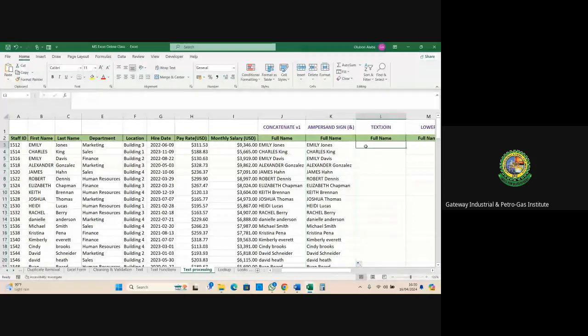And then the TEXTJOIN, you can also use TEXTJOIN to bring text together. So like I said, there are so many functions like that in Excel. So just make sure that you know one. What we are trying to do is that you know as much as possible. You now determine which one is actually easier for you, and then you make use of those ones. So let's see how TEXTJOIN works. You can use it also to bring text together. So you say equals to TEXTJOIN,